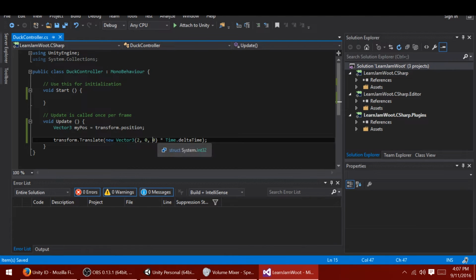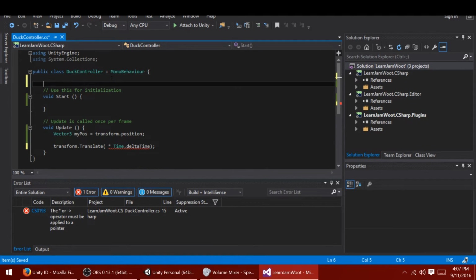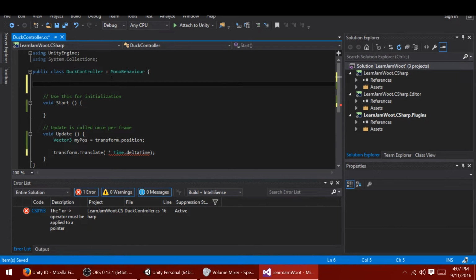Let's clean this up now. Like I said before, it's bad to do this type of stuff. So what we're going to do is cut this whole new Vector3 out, and go all the way up here, and make a new variable called speed. So we're going to call Vector3 speed,